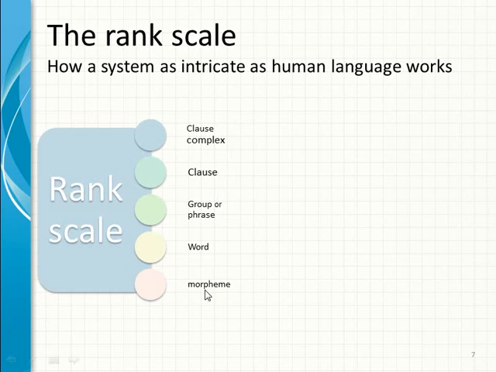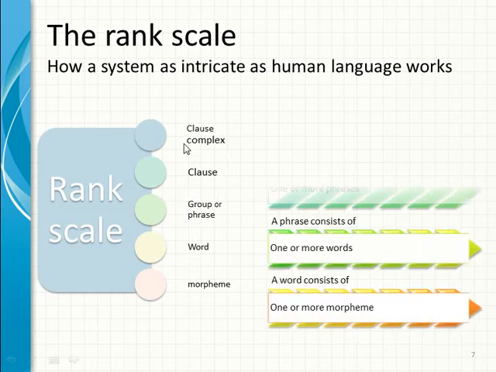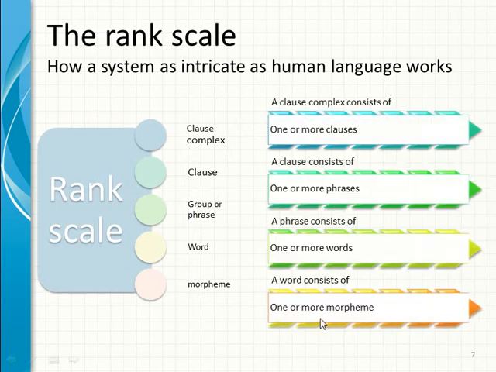So starting from morpheme as the smallest meaningful unit of language, and then move up to word, and then we have phrases, or we call phrase a group, and then clause, and then clause complex. When we have one or more morphemes, it can be a word, because a word consists of one or more morphemes, for example